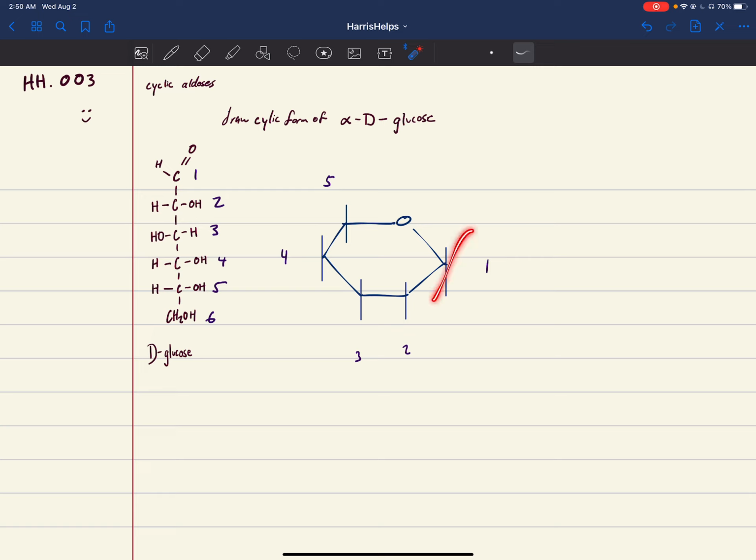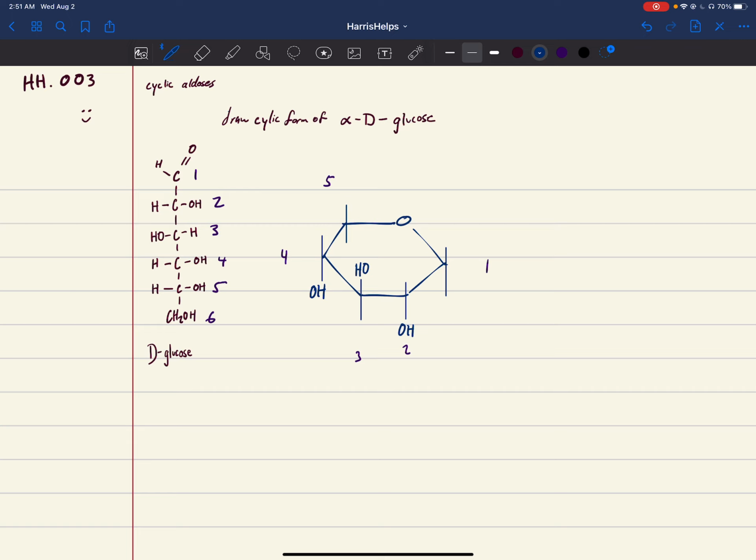We're going to skip 1 for now, and we're going to start at 2. So the rule of thumb is anything on the right is going to be sticking down, and anything on the left is going to be sticking up. As you can see for carbon number 2, OH is on the right, so that means this will be facing down. Then you can see carbon 3, OH is on the left. Carbon 4, OH is on the right. And carbon 5 is on the